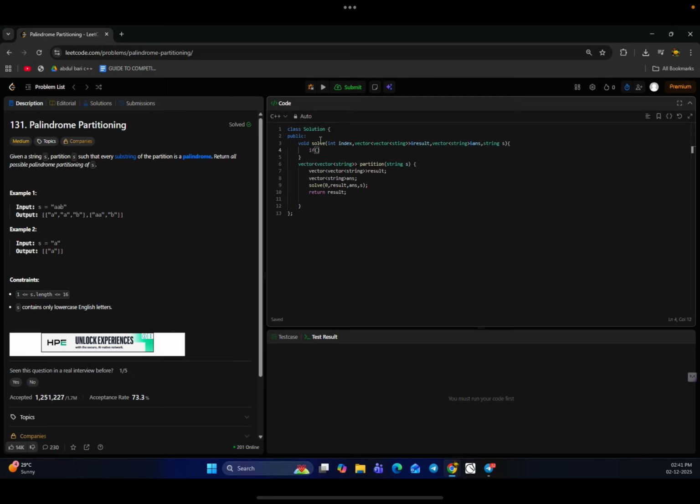So base condition will be if index is equal to s dot size, then what we have to do, we will add the answer to the result and we'll return. And if this is not the case, we'll do whatever I discussed. We'll give a loop for i equals to index, i less than s dot size and i plus plus,